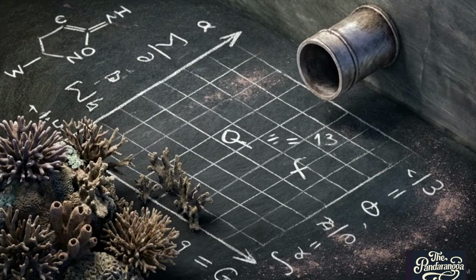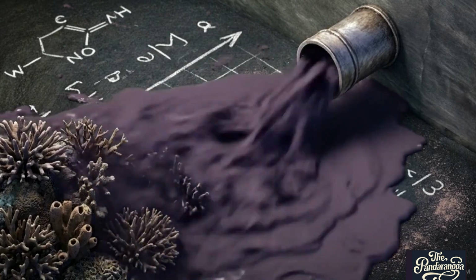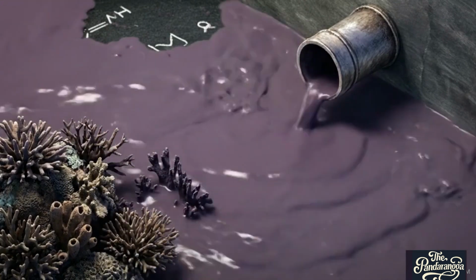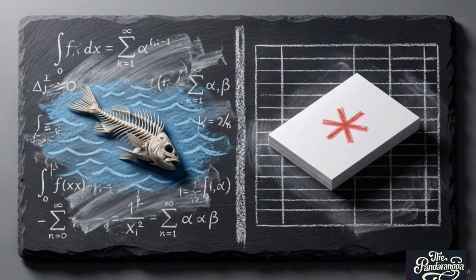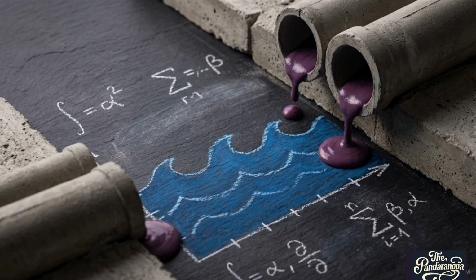A factory minimizes production costs and maximizes output, a highly rational, efficient private transaction. Yet, a mile downstream, industrial runoff destroys a coastal reef. To an ecologist, this is pollution. To a public economist, it is an externality, a term defined strictly as a missing market and a failure to assign property rights to a shared resource.